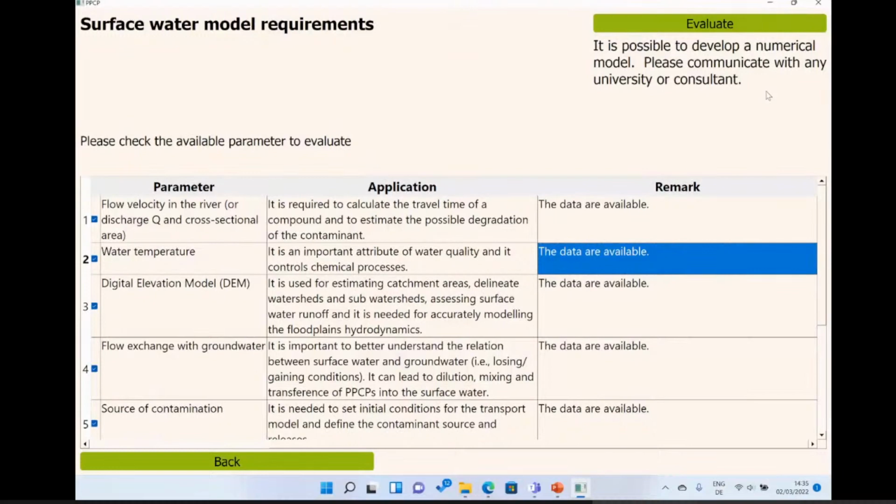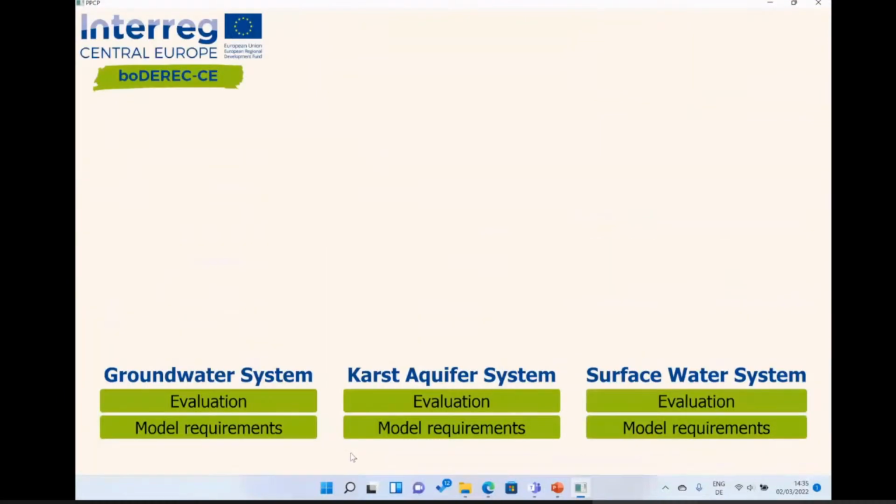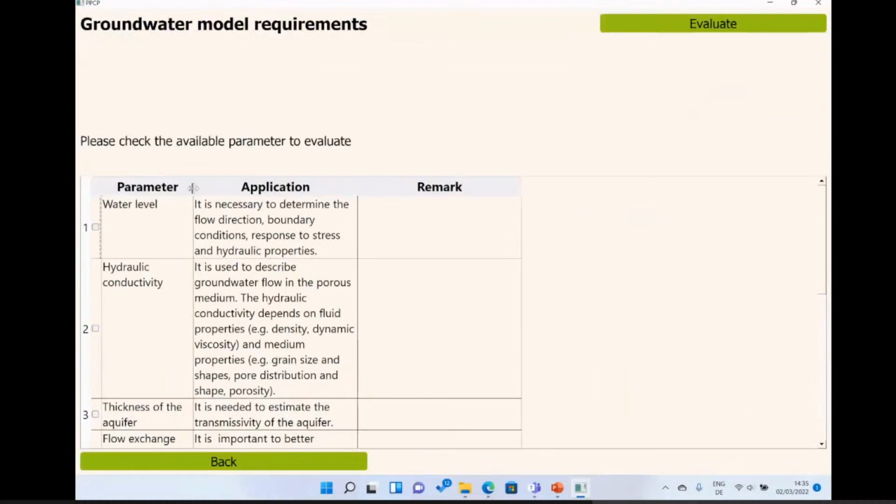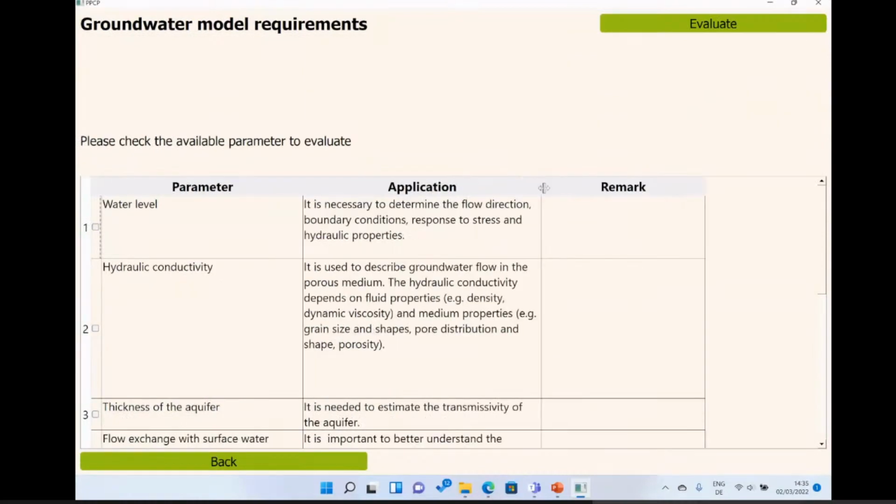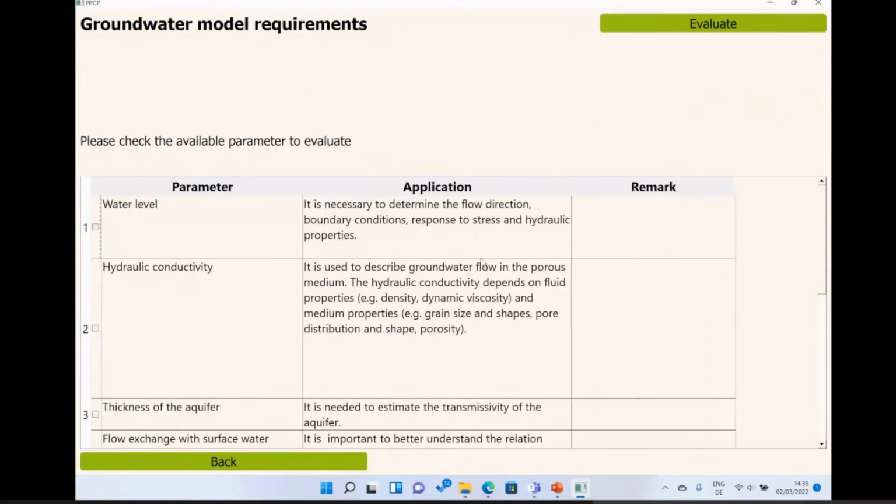You can check for the particular water environment what data are needed, why those data are needed, and how you can collect those data if they are not available. We did it for the surface water system. Obviously, you can do it for the groundwater system. For example, here we have a few new parameters maybe, because the condition changes the requirements of data.